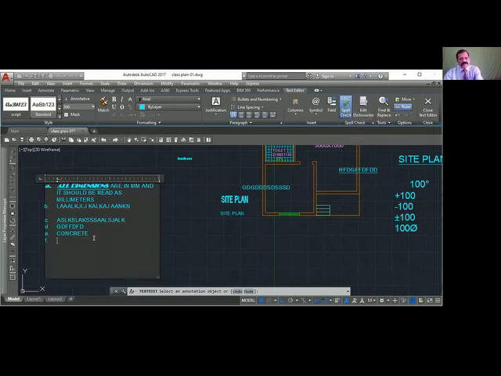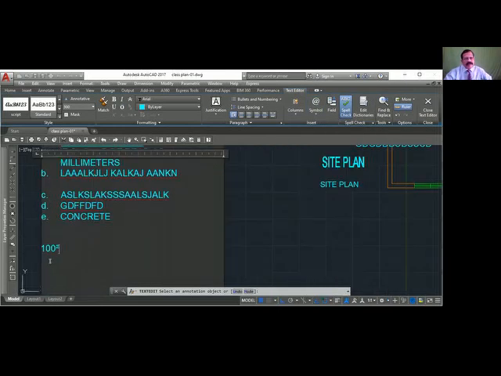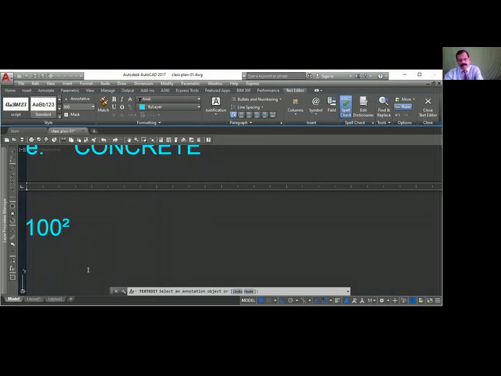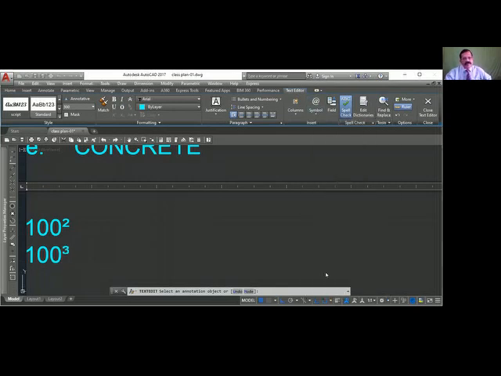Okay. Now next question is I want to write 100 square meter, which is not possible, like percentage is not there. I want 100 square feet, 2 square root. Square root I want to put. So here you go to symbols and see here square. Click that. So automatically it puts the square. Okay. You want to write cubic meter. Go to symbol. Cube. You get the cube.